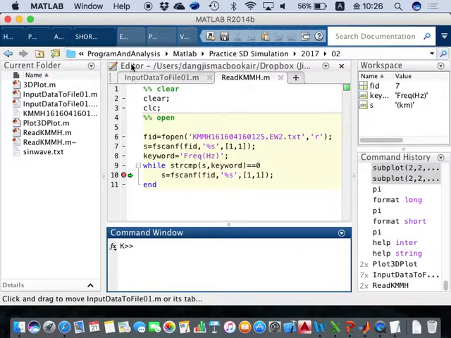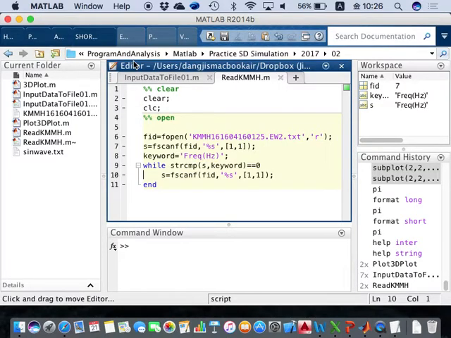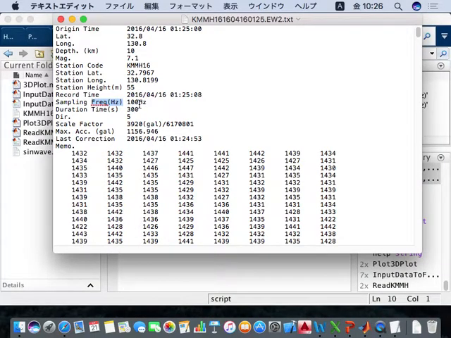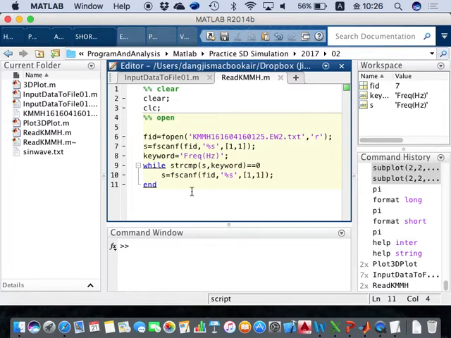Depths, kilometer, something like this. Okay, and so I will run this end because the keyword is frequency with has. Okay, you can see it here. So that means they are reading until here. So what next to do is to read frequency, f equals to